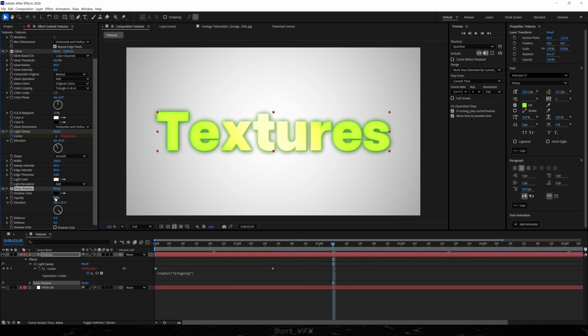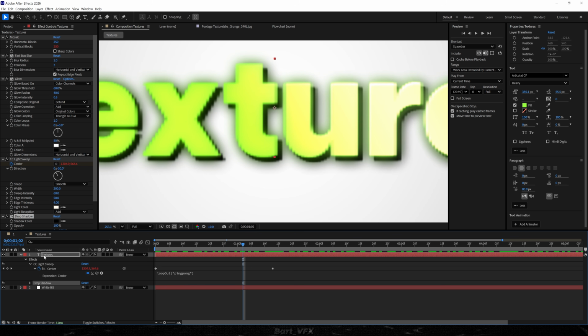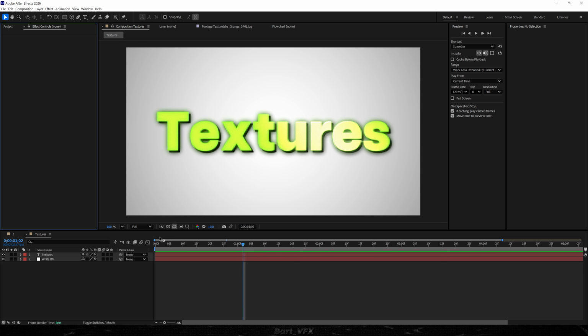And over here, let's just bump up the opacity to 100%. And change the distance to 17. Alright, looks nice, and now to blend it together even more, we're gonna apply noise effect. So just set up the amount of noise to around 10, and now the next step is where you can get very creative. So I'm gonna head over to the project panel, and here I got the texture from